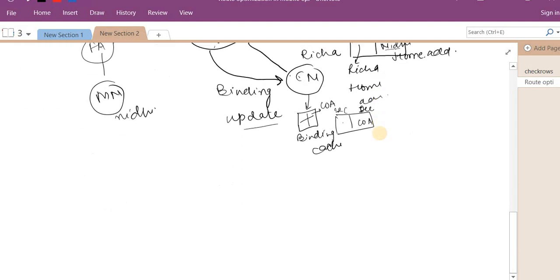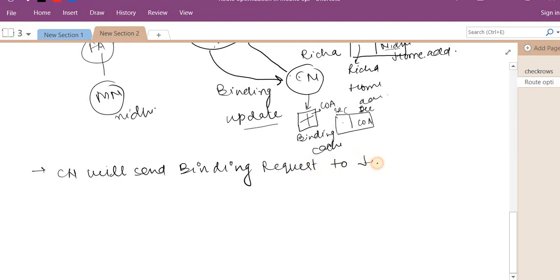The correspondent node will send a binding request to the home agent, saying I want to know a particular node's care of address. The home agent will again send a binding update message to the corresponding node, saying this is the particular care of address, kindly update it, right?